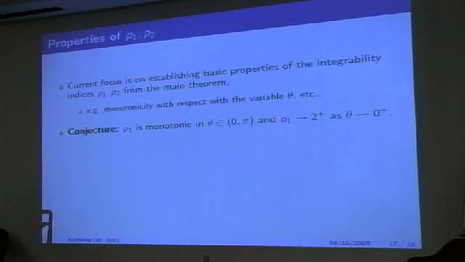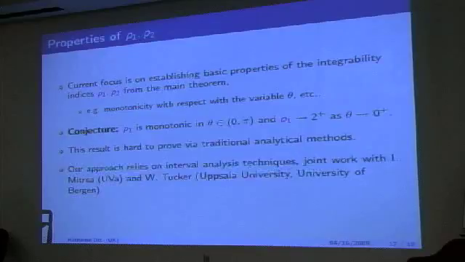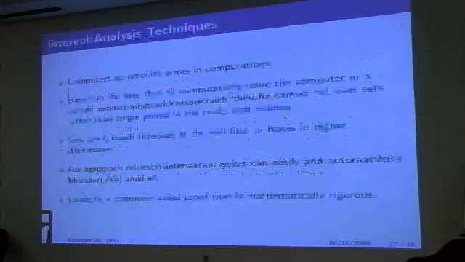This is a conjecture that we have, and it's hard to prove because of the huge equations that you're dealing with. But what we are doing is bringing in a collaborator, Warwick Tucker, who's at the University of Uppsala, or Bergen right now, I believe. He uses interval analysis techniques, which are computer-aided techniques that can sometimes overcome roadblocks from algebraic problems. Using these techniques, we're hoping to prove that this P1 value is in fact monotonic and approaching 2 from the right.